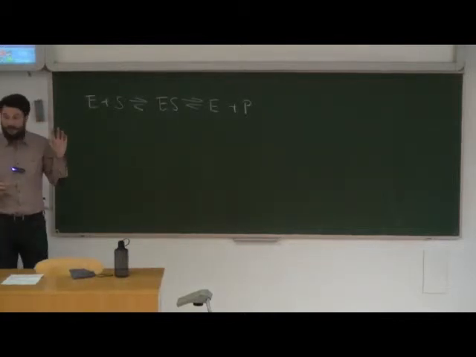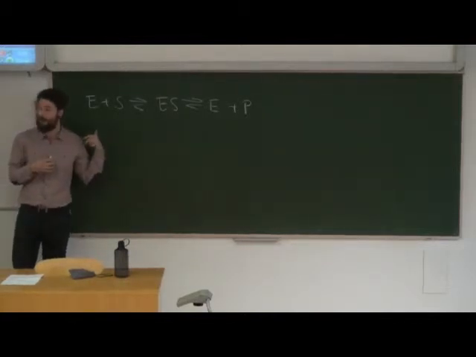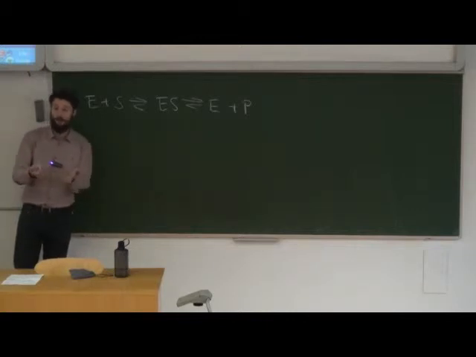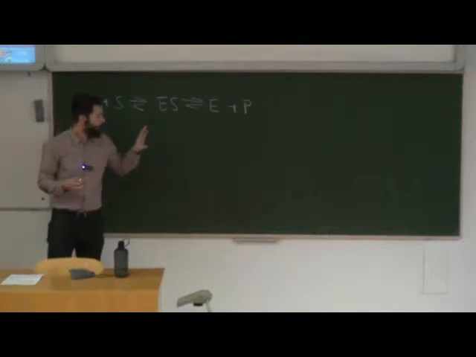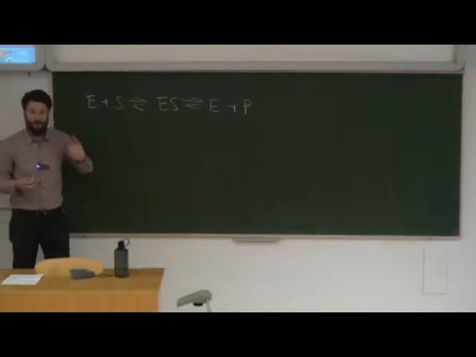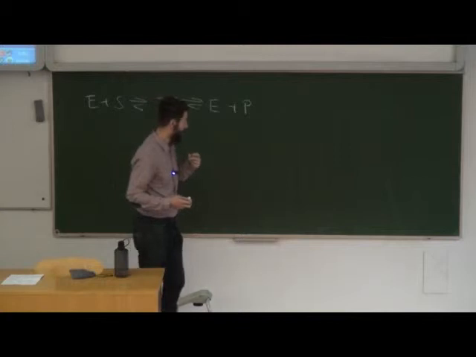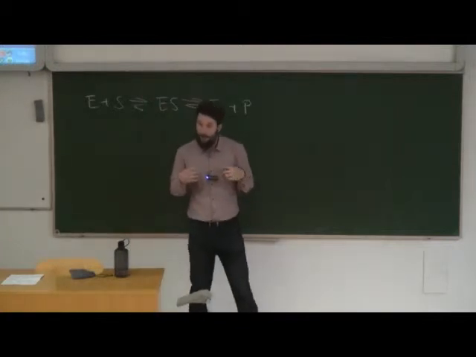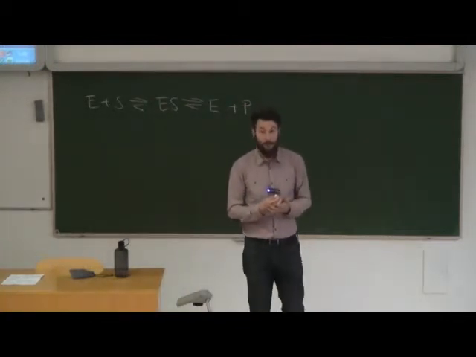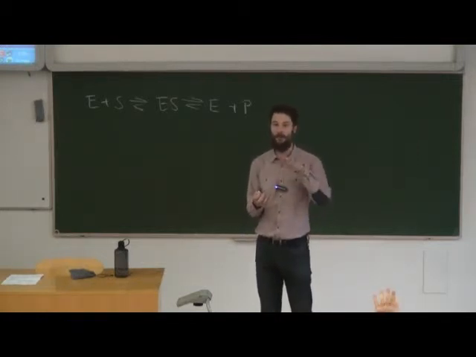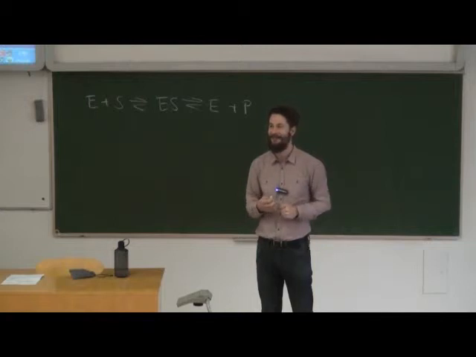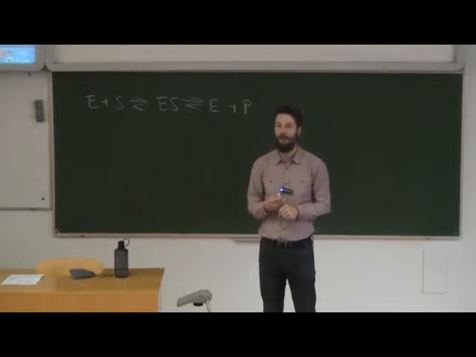Right. So this is kind of the abstraction. This is what we think is going on in our generic enzyme. And we're going to be using this to describe inhibition as well. That's why I wrote it down. We have a mathematical expression of the model, which is the Michaelis-Menten equation. Can somebody from the back tell me what the equation looks like? You don't have to raise your hand. You can just shout.